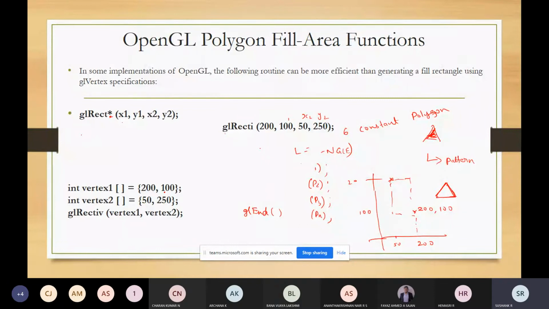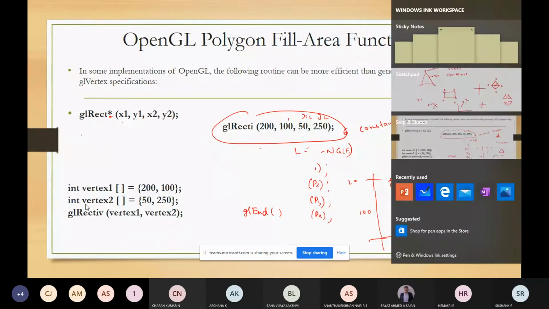So you are representing the same thing in the vector format. Just check the last line: this is glRecti, and this is the same code. See, glRecti and glRectiv are the same.